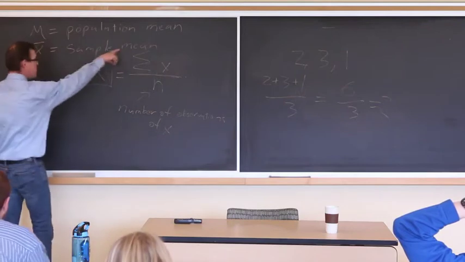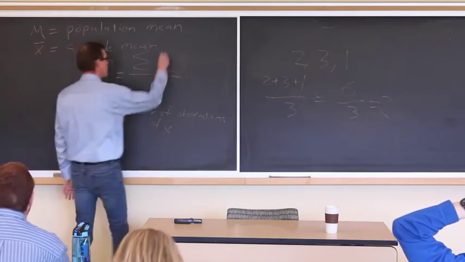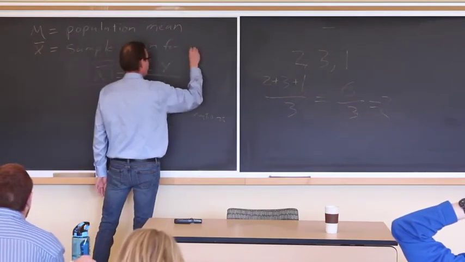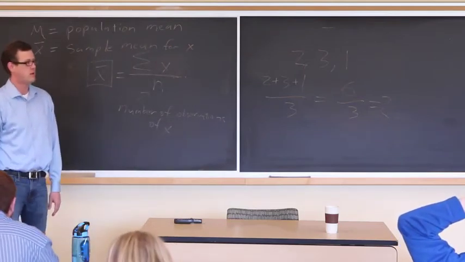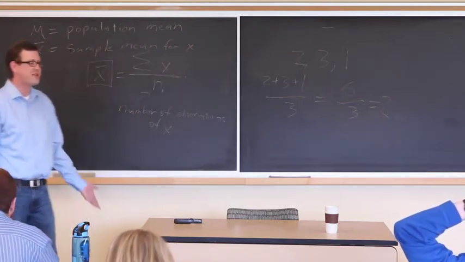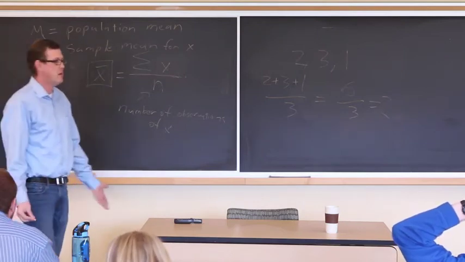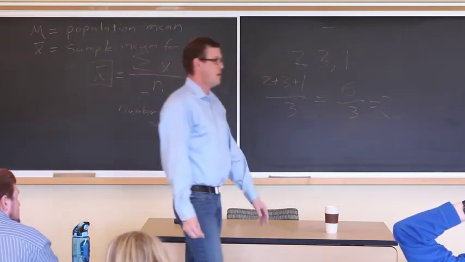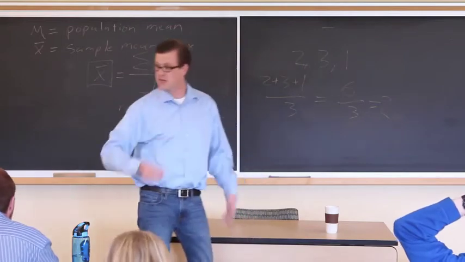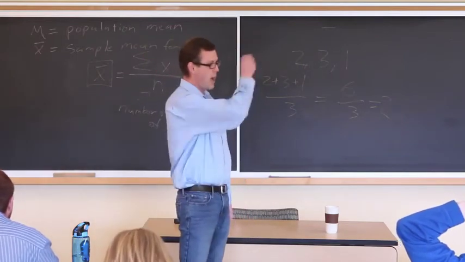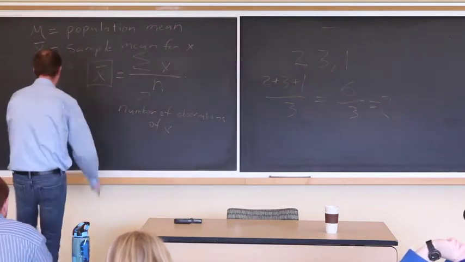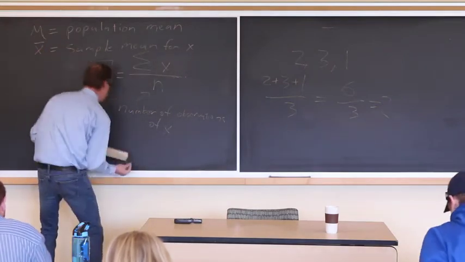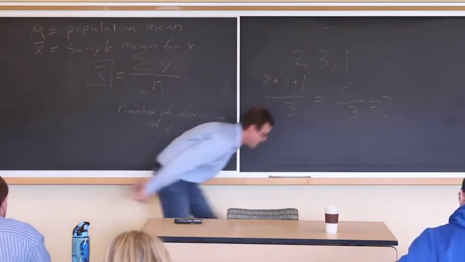So this is a sample mean for what? X, right? So if I want a sample mean for Y? Same thing with just the bar over Y. I'd be summing up all the Y's and I'd use Y with a bar over it instead of X. Or if I wanted to write things out longhand, I could do